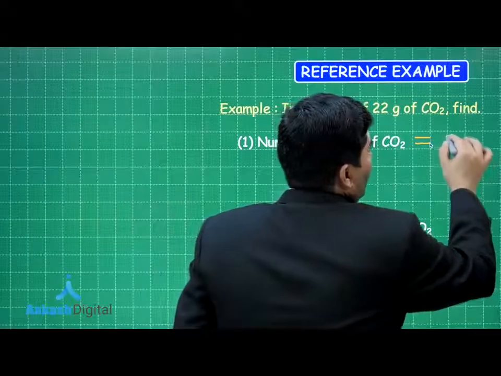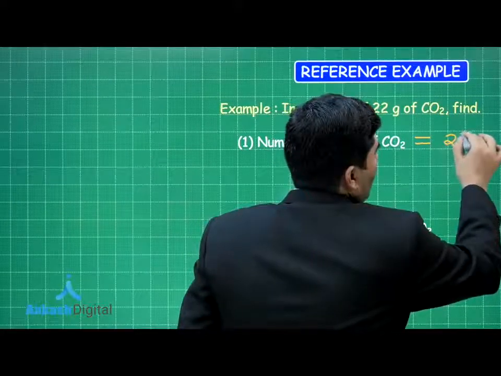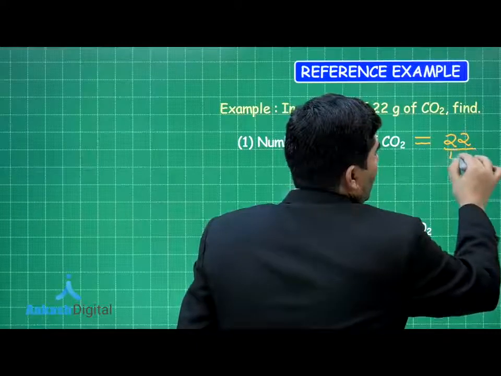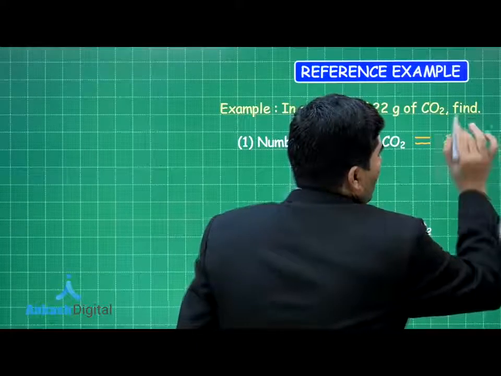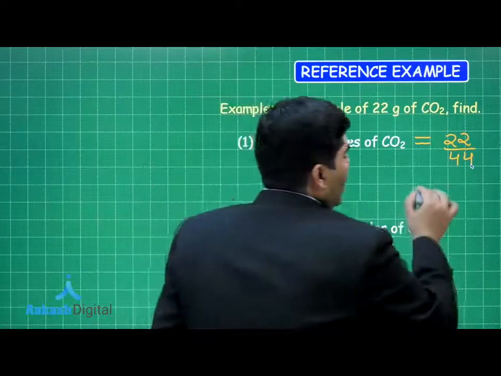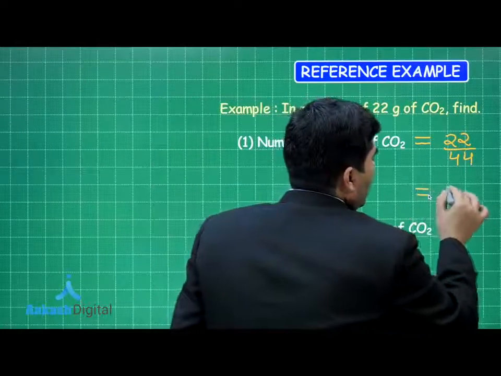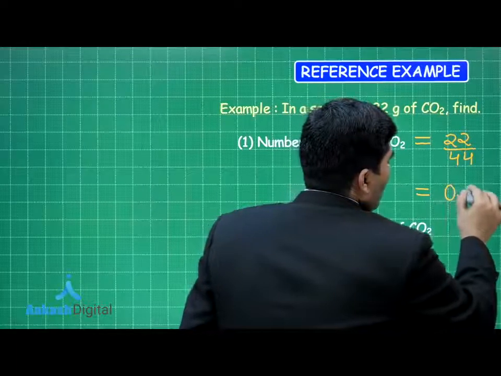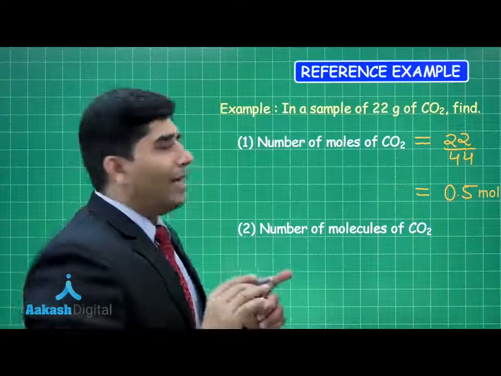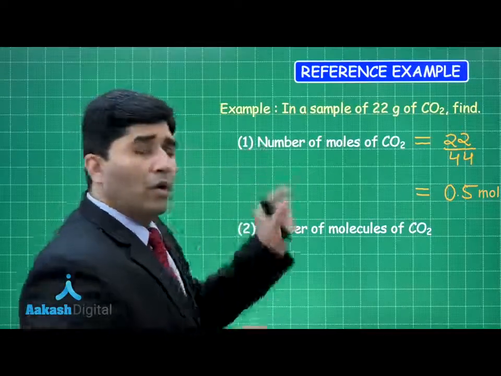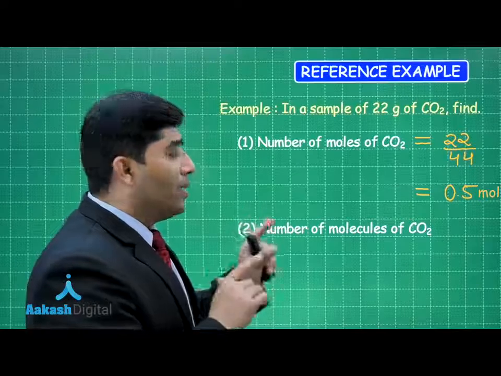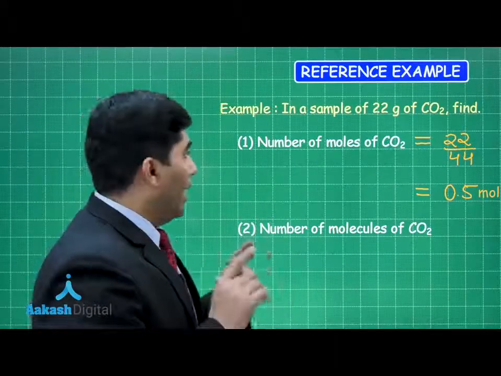the given weight upon molar mass, that is 22 divided by 44, and that will be equal to 0.5 mole. It means that in 22 grams of CO2, the number of moles will be equal to 0.5, and